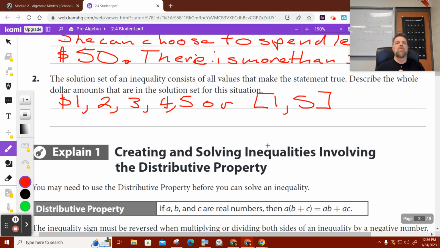Well, if she only spends $1, it's less than $50, so she doesn't go over budget. If she only spends $2 in party favors per person, it's still less than $50. She can go all the way up to $5. I don't know if you did the math in your head, but if she spent 5, what's 5 times 8? 40. What's 40 plus 10? 50. So she could spend all 50. She just can't go over. Are there any questions about that? Okay, I'm going to stop right there and leave this on